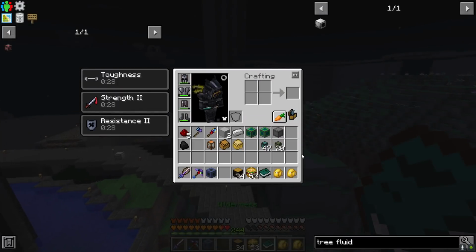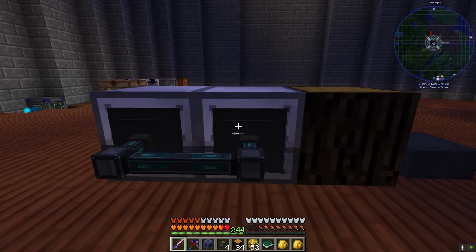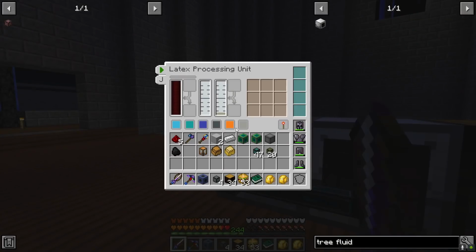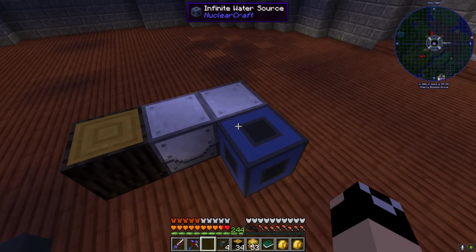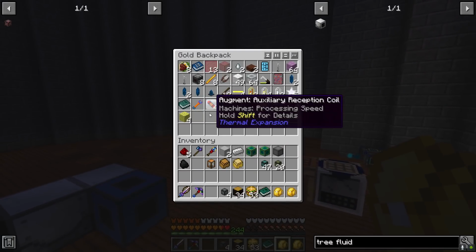And let me grab a fluid conduit. And we're going to go ahead and just run this back. We're going to say that you can extract always active, and you can insert. So it's going to start getting that latex. I'm going to have to give it some water, so I'm just going to use the infinite water source they gave us from the quest to supply this with water. And then to give it power, what we're going to do,